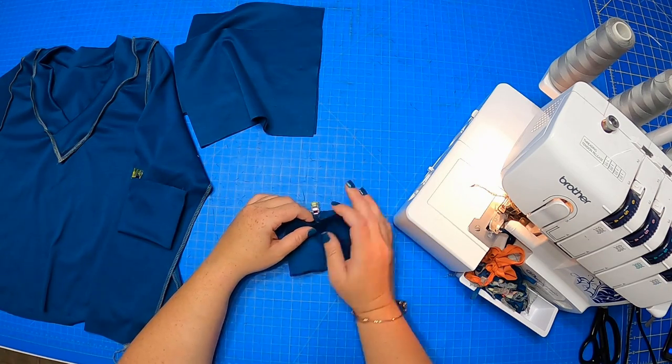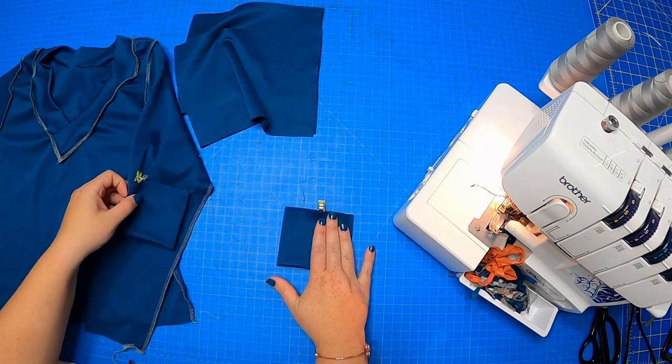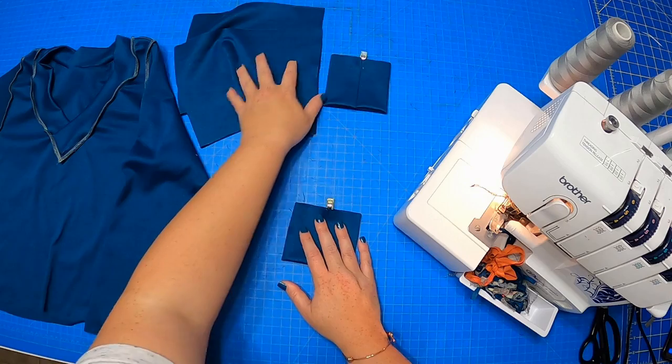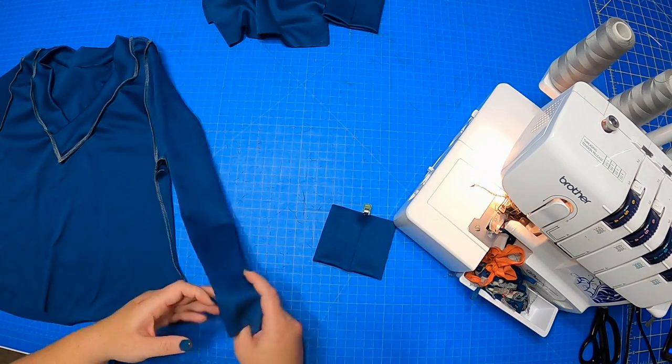I forgot the word, more uniform. Oh my goodness. It just makes it a little bit more uniform. So I just like to lay these out so that I can see them, so that I can be sure to put it on the right way. So let me set that one up there, move those out of the way just a little bit,